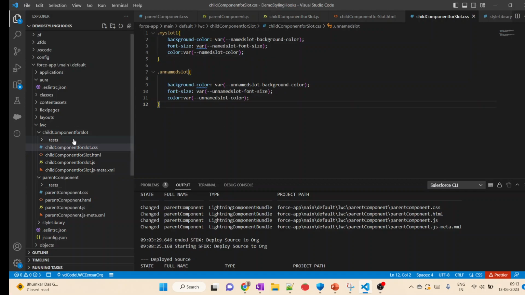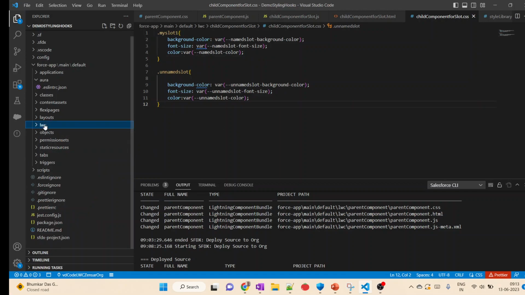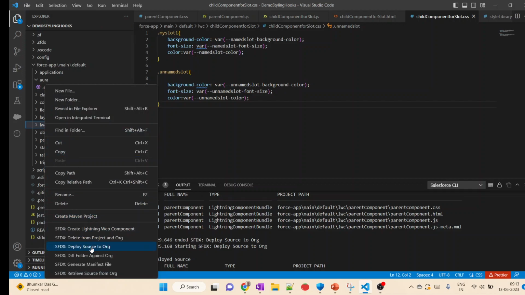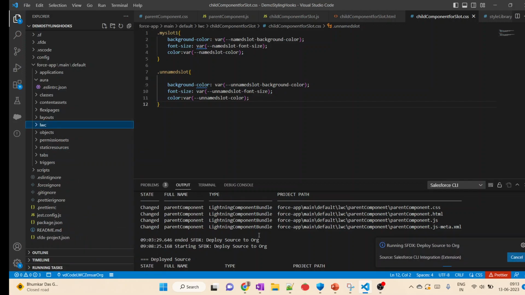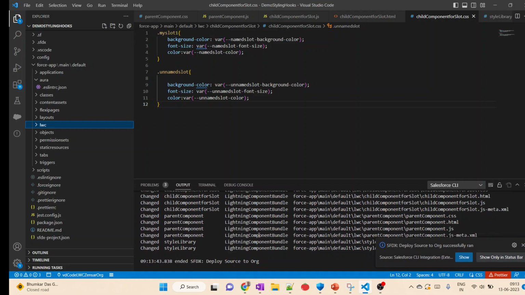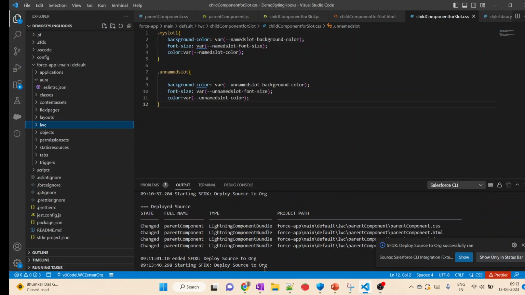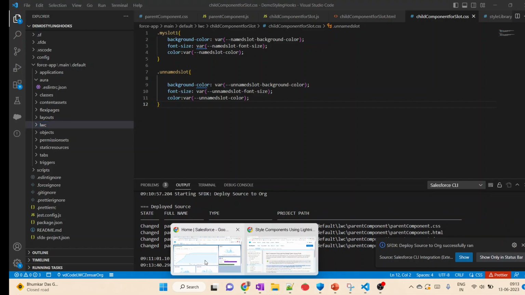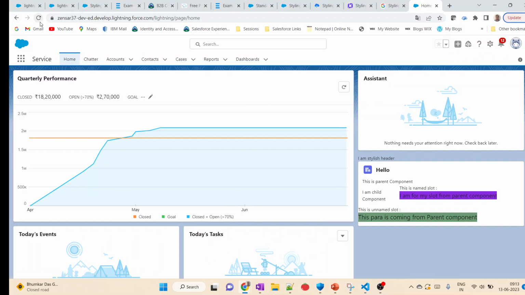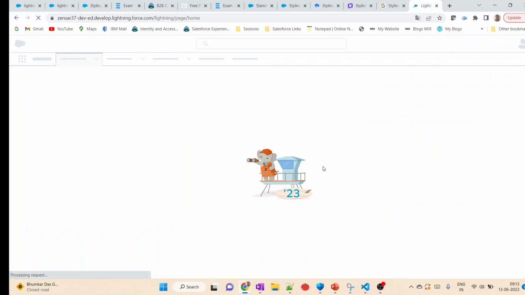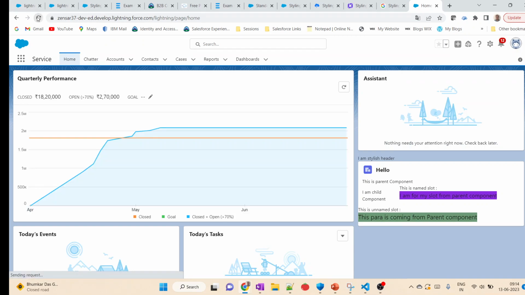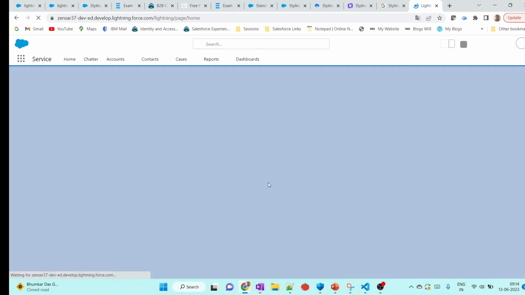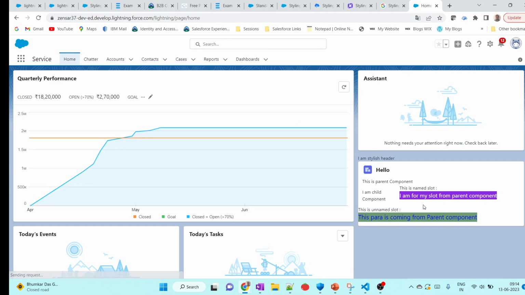Now simply we'll move it, deploy source to org. I think it's deployed. Hopefully it should work. Let's come back, refresh it once more. Yeah, so you can see here all these changes have been